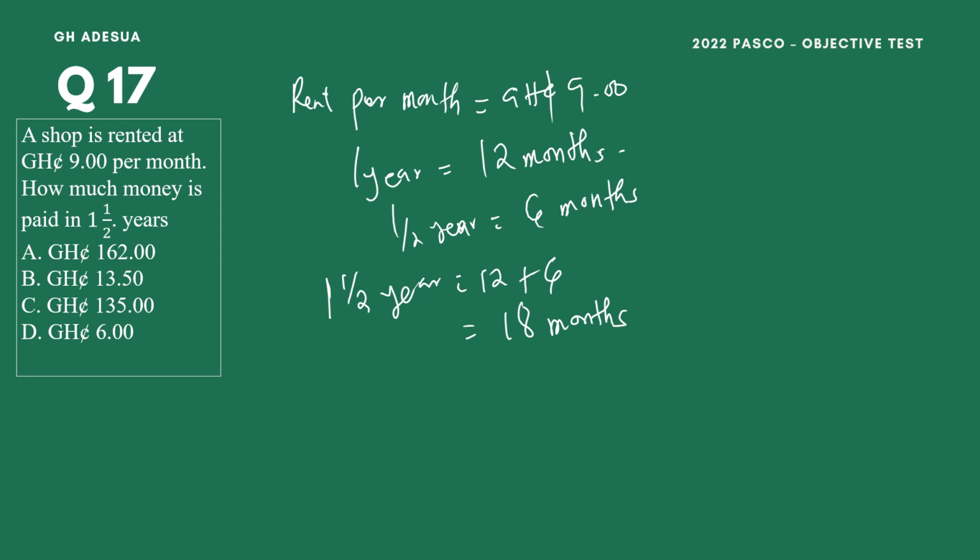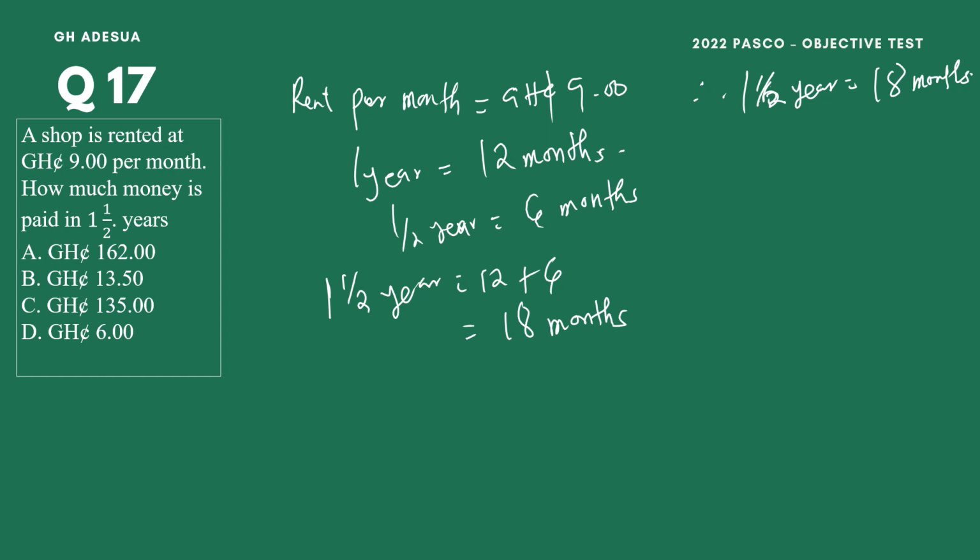18 months. So it means, therefore, 1.5 years is equal to 18 months. So now that we know our 18 months, and we know that for 1 year, every month she has to pay,